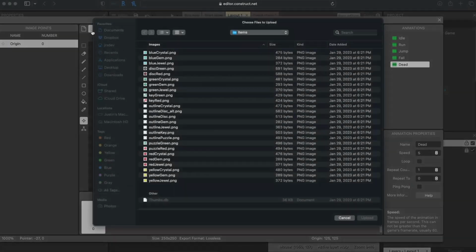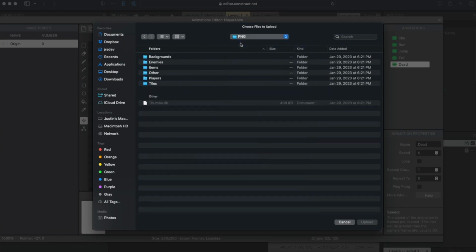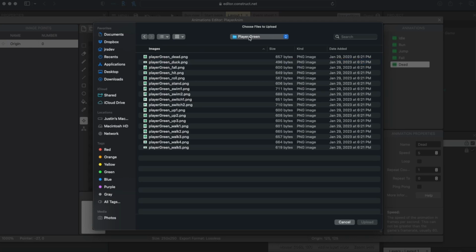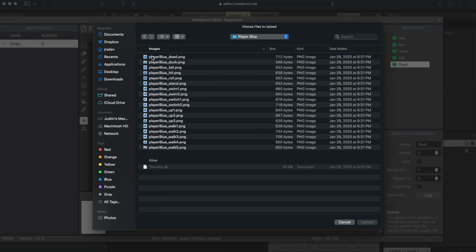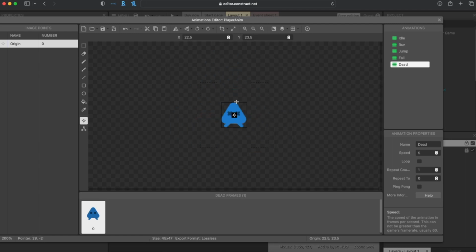I'm going to go to the folder. I'm going to go back up to our PNG, into our player. We're on the blue, not the green. And here we have it. We have a dead. And this is where this character has the feet opened up and X's over the eyes. So this is a good